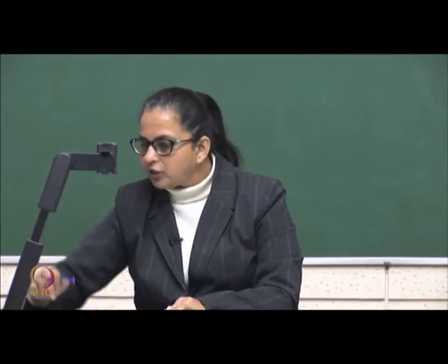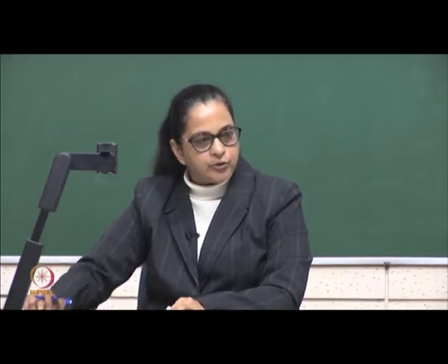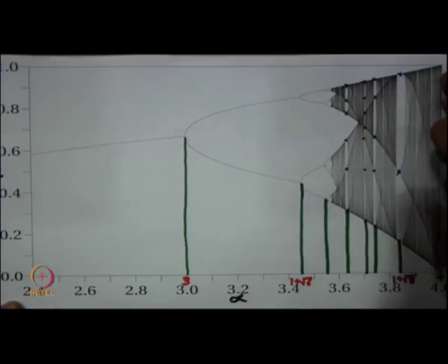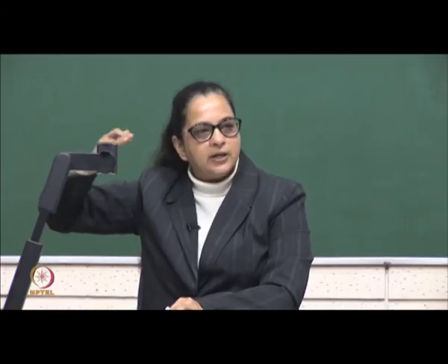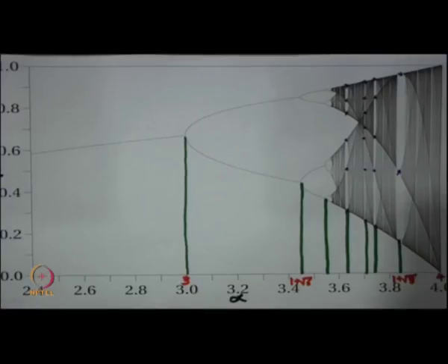As and when you reach 4, of course, till you do not reach 4 the map is not onto. So, you find that everything is realized over here, and as you reach 4 you find that every single point is taken up by the orbit. So, if you look into the dynamics at infinity, you find that every point in 0 1 is being taken up. Now you can think of this in terms of the population.